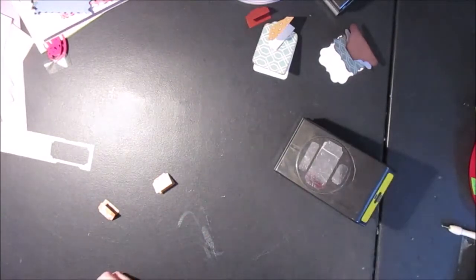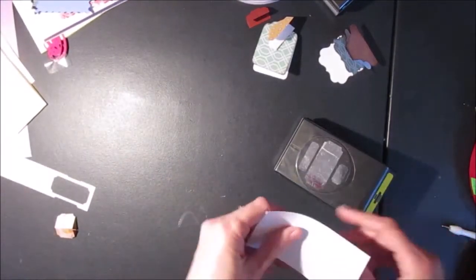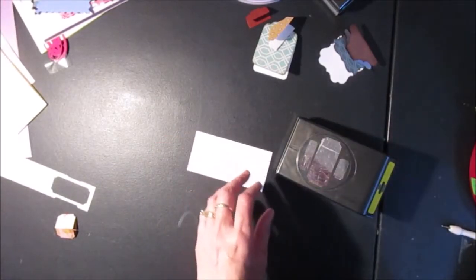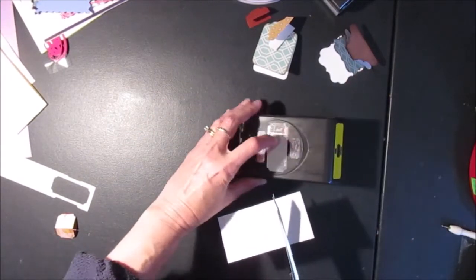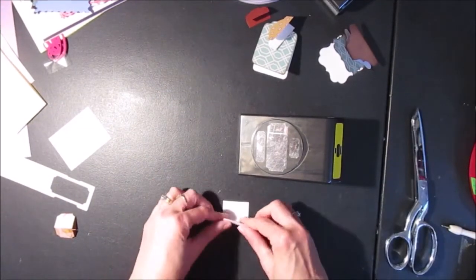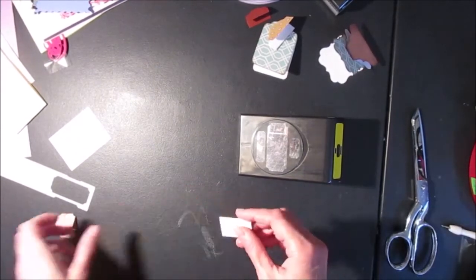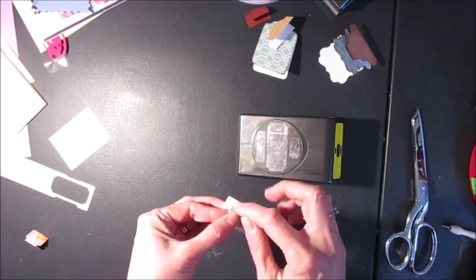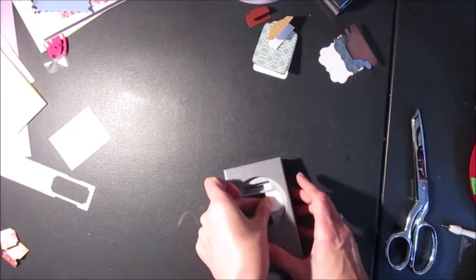So the easy way around that is I'll just take a little piece of cardstock. So what you can do is cut a small piece of cardstock to fit the size of the tab, like that, and then I fold it in two. Now this is a section where I'm going to have my little cutouts here. So I'm going to flip this over, and I'm going to slide the folded section so that it's lined up